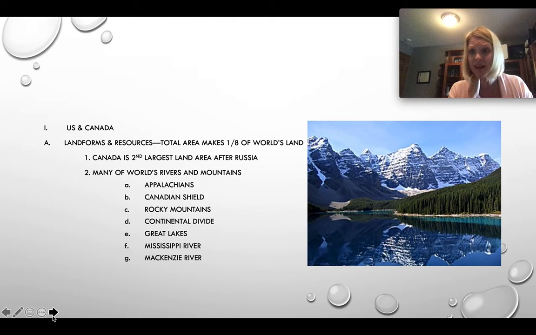The Great Lakes, I'll have you find out and identify where the Great Lakes are, and those were really important for shipping and commerce near the New England areas to get to the Atlantic Ocean and really to get into areas of Canada as well. The Mississippi River, between the Mississippi and the Missouri. I'll have you identify a lot of rivers. The Mississippi River, you know, they call it the mighty Mississippi.